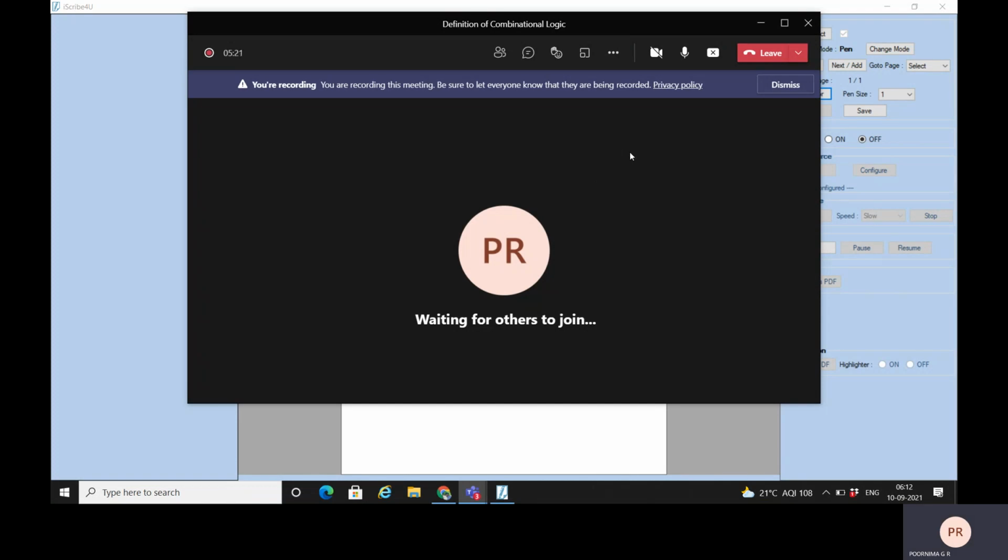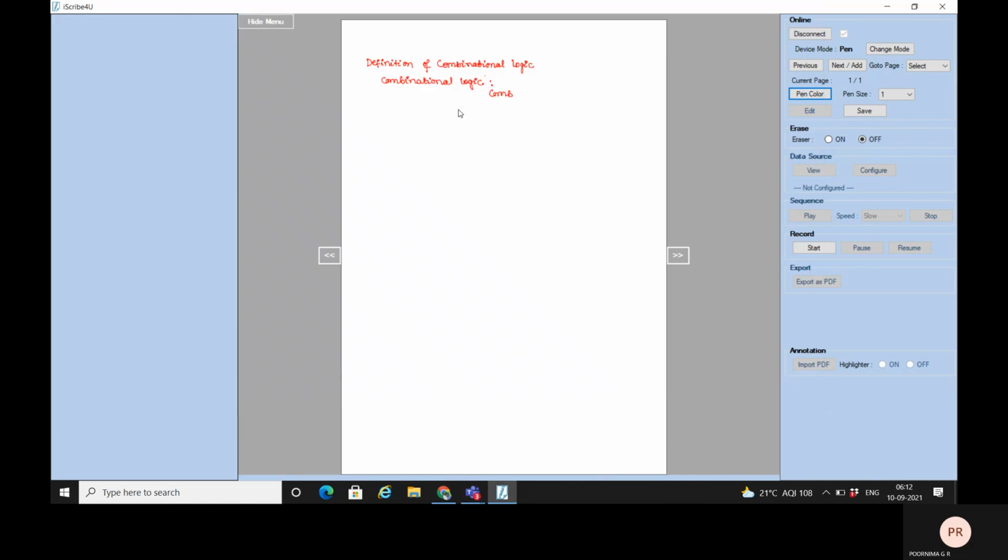In continuation from the previous class, let us see today's topic, that is the combinational logic. So first to start with, the combinational logic